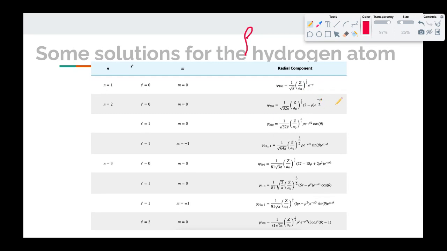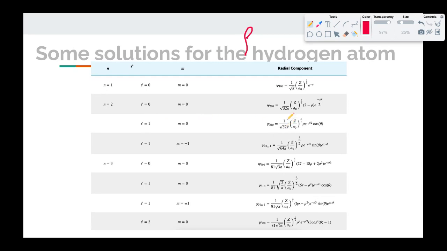Again, the only thing in here that isn't a constant is rho. So when m sub L is 0, even if n is 2, again, it only depends on the radius, which means it's spherical. If you look down here at n equals 3, L equals 0, m sub L equals 0, look at the function. Constants, constant, constant, constant. There's rho, and there's rho again. But phi is not in there, and theta is not in there. So again, it's spherical. Okay, now let's look at when L equals 1 and m equals 0.